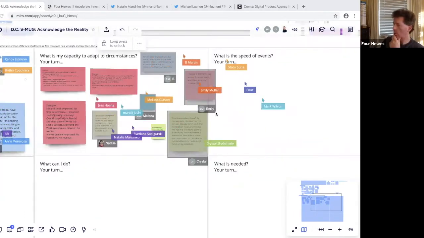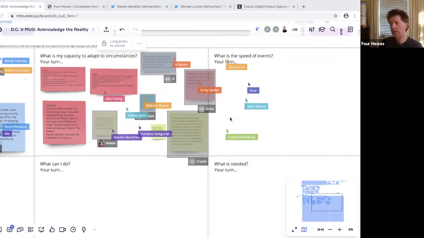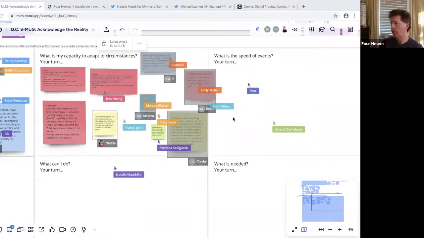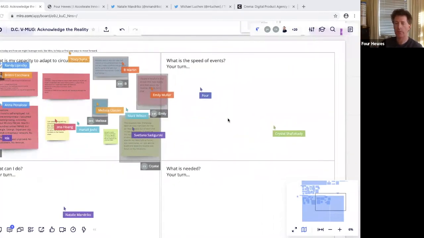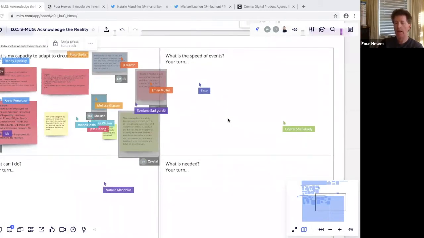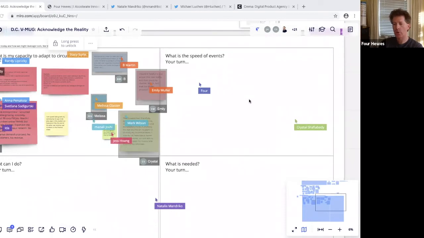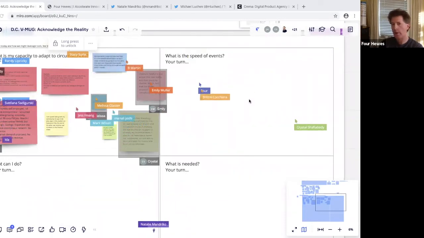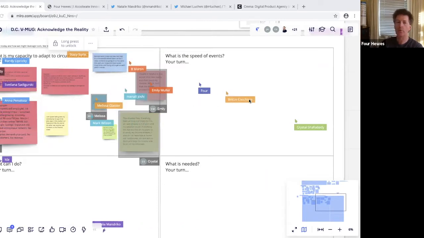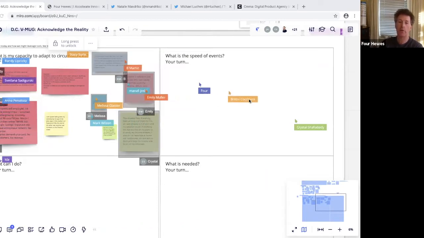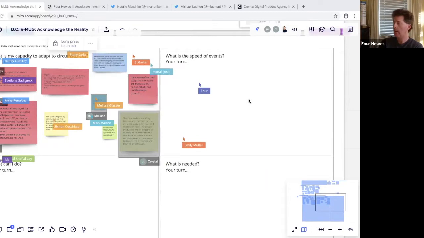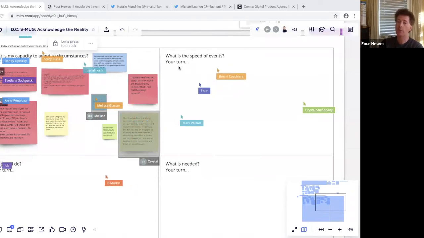So my next question is, what is the speed of events? And if you feel like sharing, what I'm really asking is for your perspective on that. How are things changing super fast? Are things not happening?